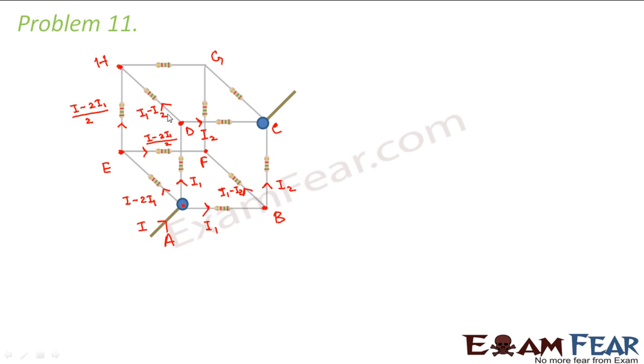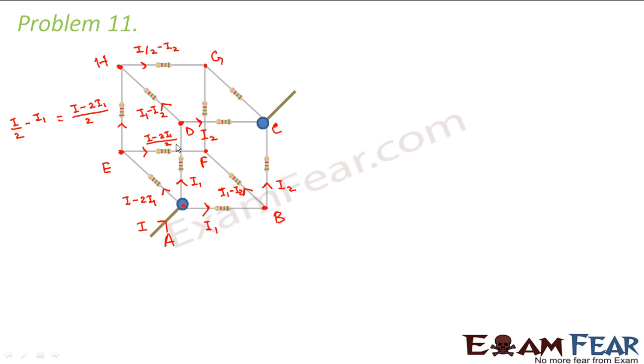So now at point H, this I1 minus I2 will add up with I minus 2I1 by 2. You write it like this, that will make things simpler: I by 2 minus I1. Right? So when this part and this part get added up, how much current will flow through this? This will be I by 2 minus I2. So this much current will reach this point